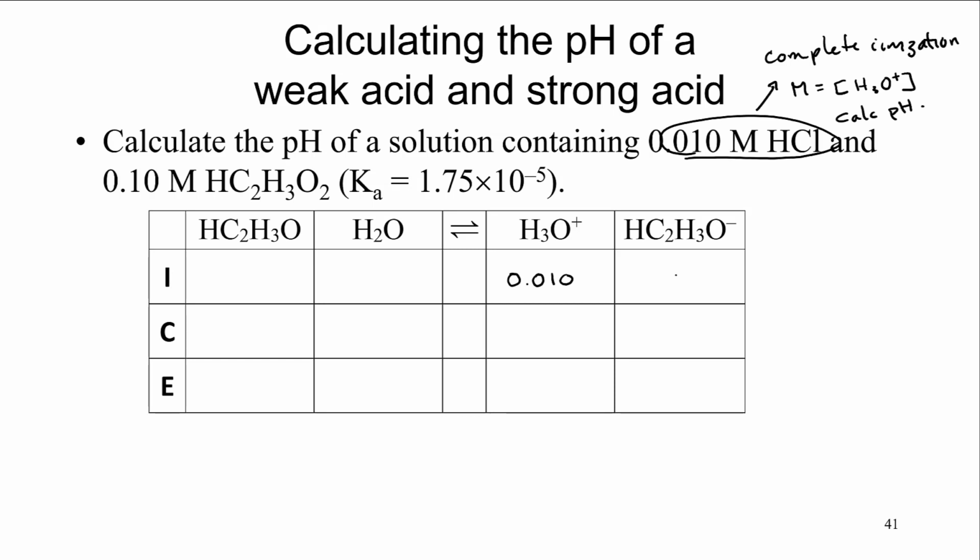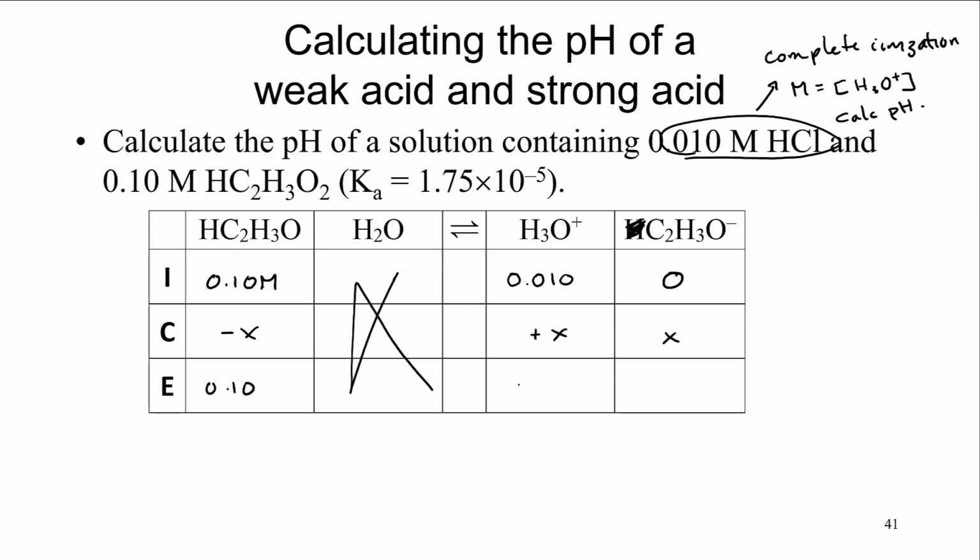And then the acetate, this is supposed to be 0. And in this problem, we have 0.10 molar acetic acid. And then we say minus X, plus X, and plus X. So you see this problem is very similar to the ones we've done before,